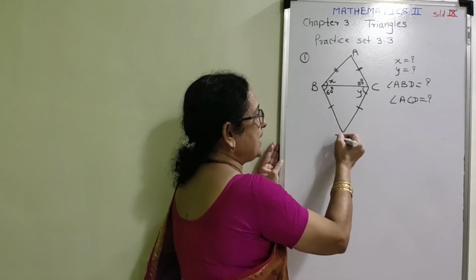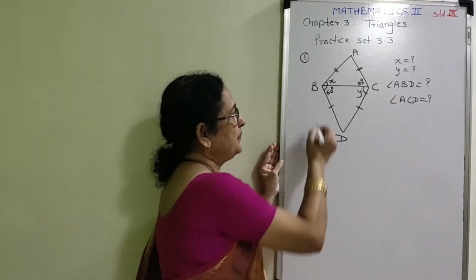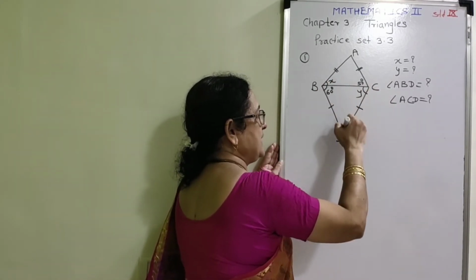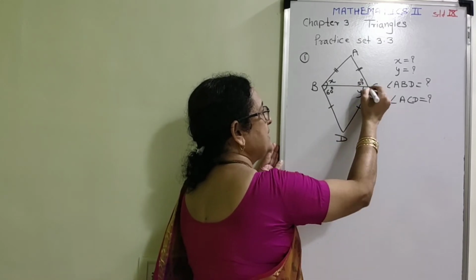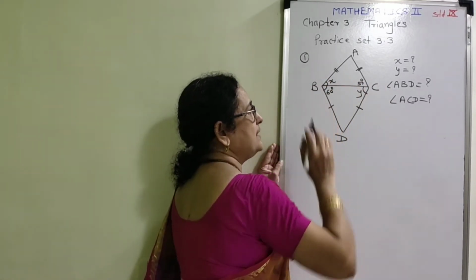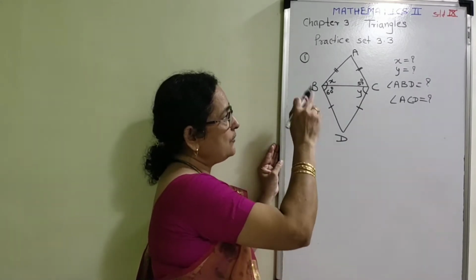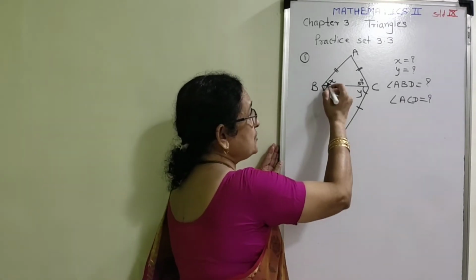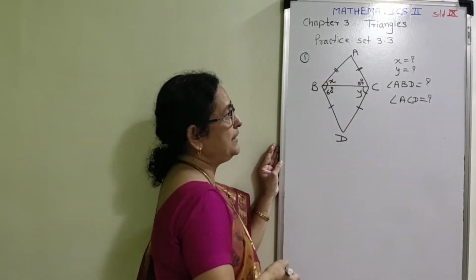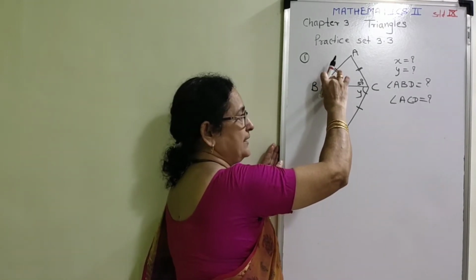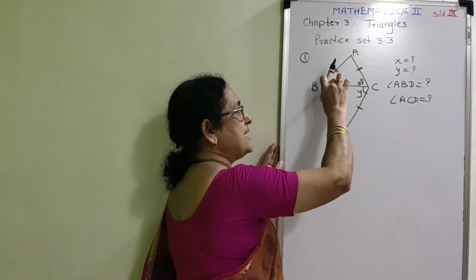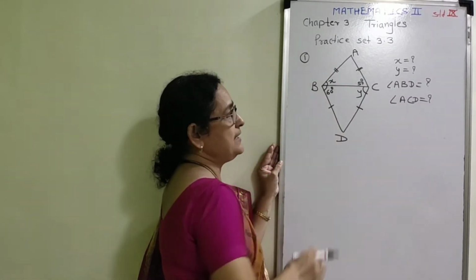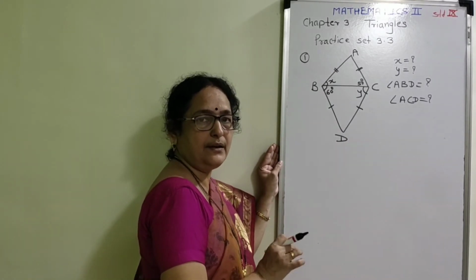Now, similarly, consider triangle BDC. In this triangle, BD is congruent to CD and therefore angle DBC is equal to angle DCB, but one is 60 degrees, therefore y is also 60 degrees. Here we have found both the measures, x is 50 and y is 60 degrees. Now you are going to find out the entire measure, angle ABD, which is the addition of two different angles. We have both the measures, x is 50 and this is 60. Therefore, angle ABD is 50 plus 60, which is equal to 110 degrees.